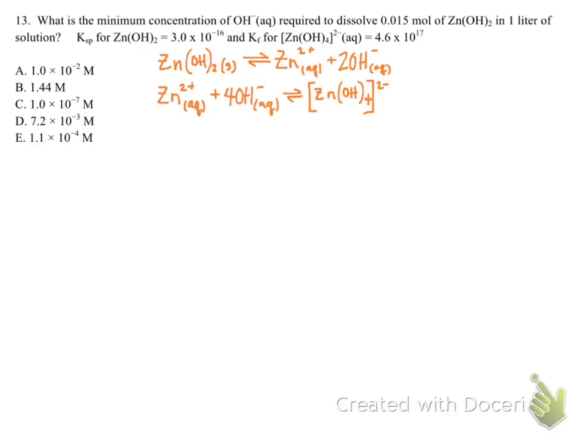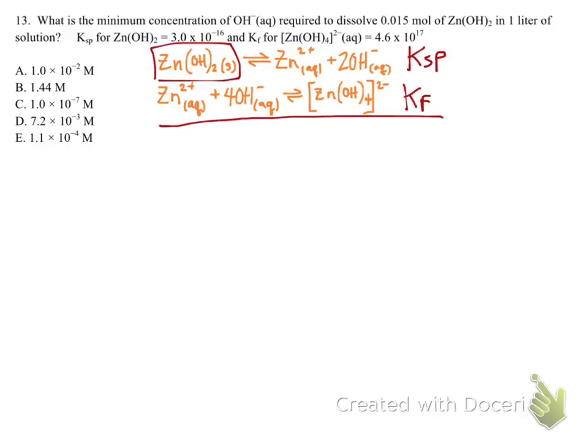Okay, so in this problem, we're trying to dissolve a sparingly soluble salt by coupling the reaction with a complex ion formation. So, we have here written out our KSP reaction for zinc hydroxide. Very small KSP, doesn't want to dissolve that much. We also have here our KF for this complex ion formation. And wow, we can see that is a pretty notable K. The idea is by coupling together these two reactions, we'll be able to get a favorable reaction to dissolve the